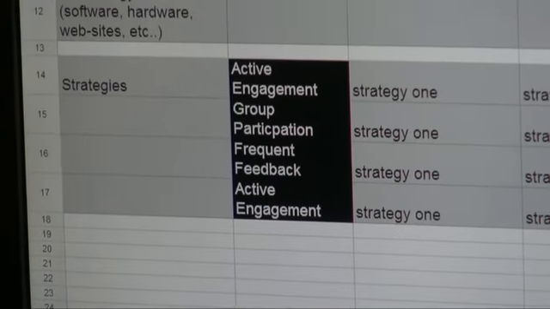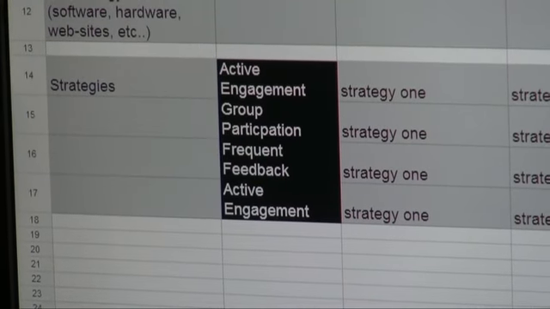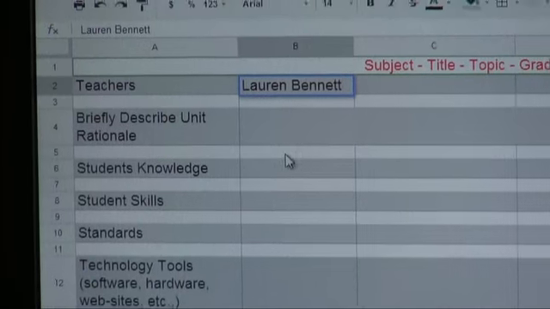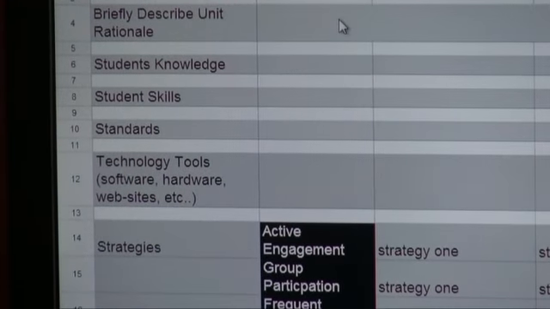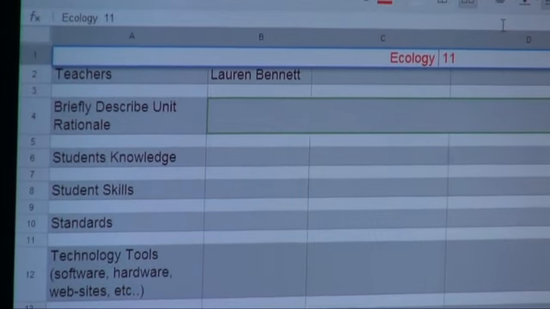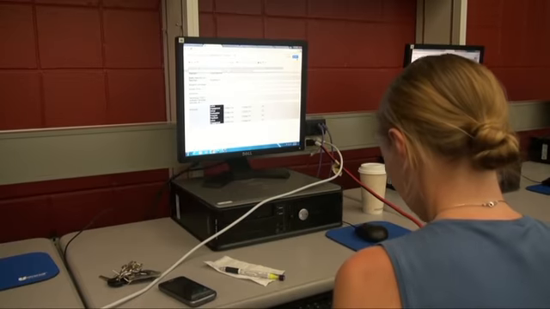And would you do me a favor? Would you see where it says Teachers? Could you type your name in cell B2? Where it says ecology, would you say subject, title, grade level? Could you just put ecology? Okay, now if you notice,